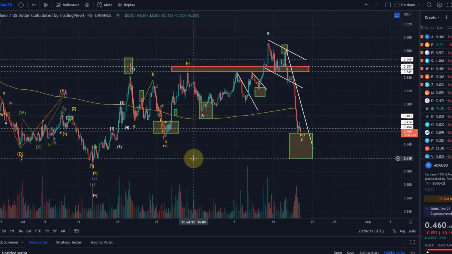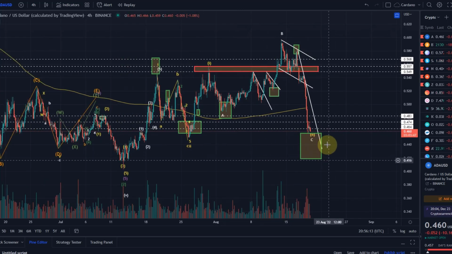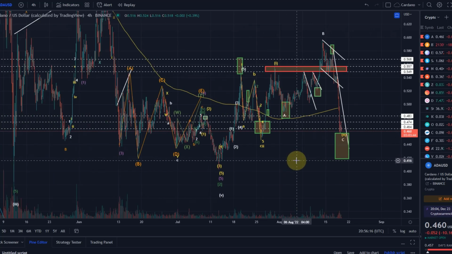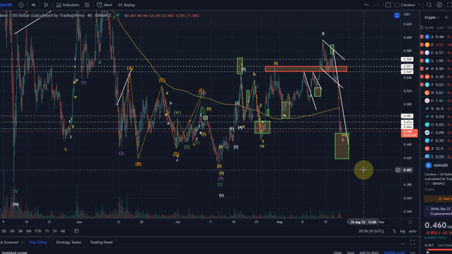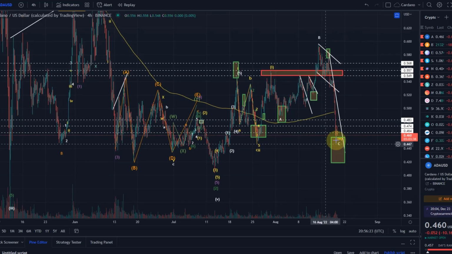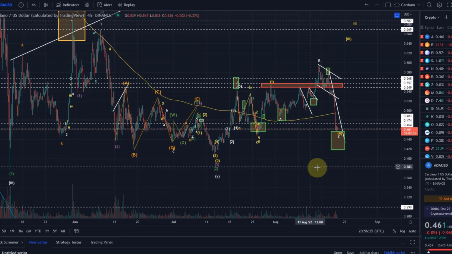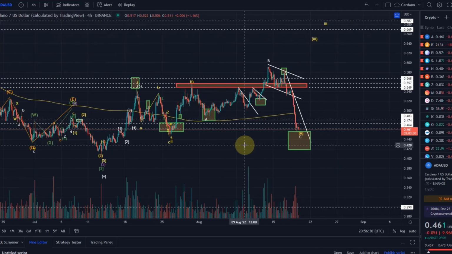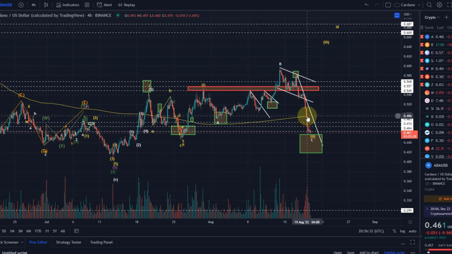Changed the wave count here earlier today. There is basically one last option left here for the bulls where we can turn around before we are making lower lows below 40.2 cents. And we talk about which conditions need to be fulfilled for both scenarios so that you are well prepared. So today, first of all, we lost the 50-day moving average. That is not a good sign, or at least not a bullish sign. We dropped below the previous swing lows. So what I had to do earlier today, I did adjust the wave count.